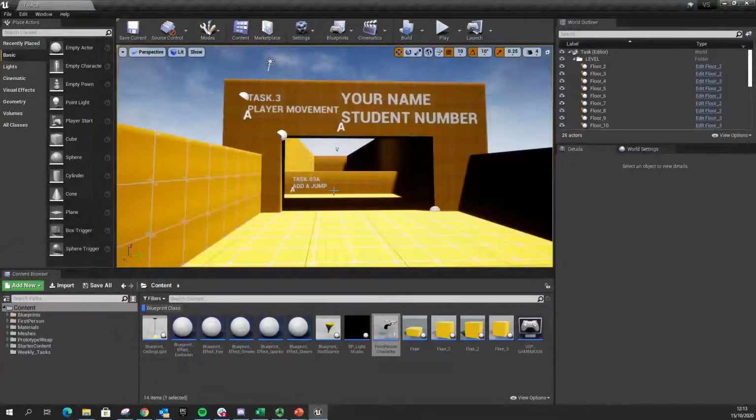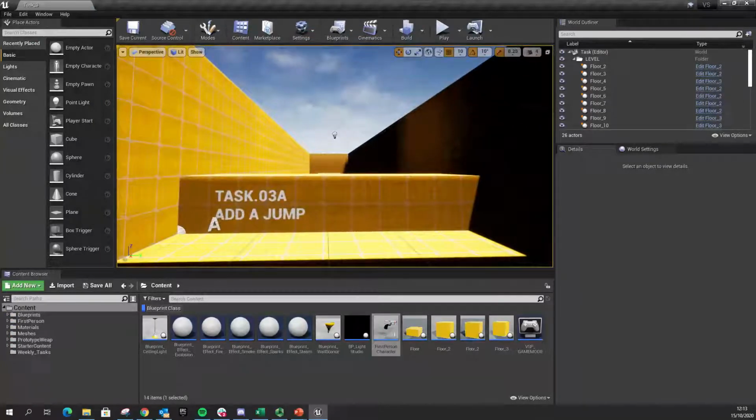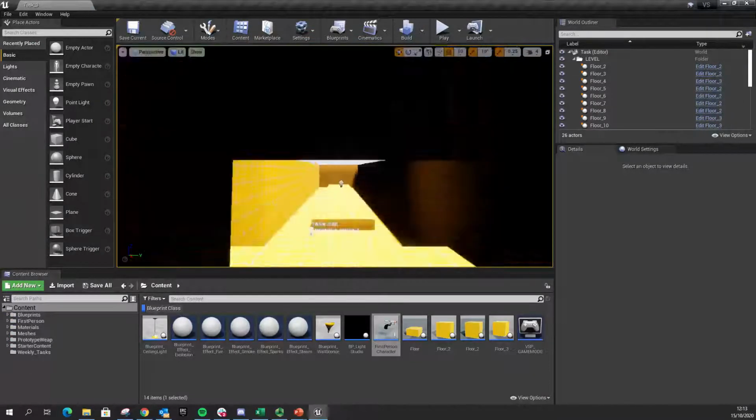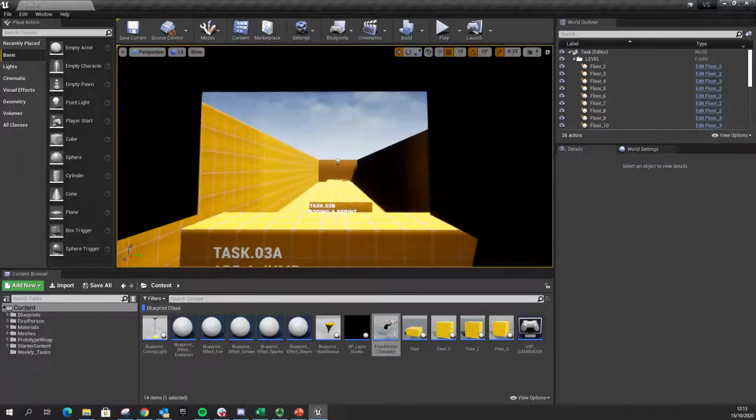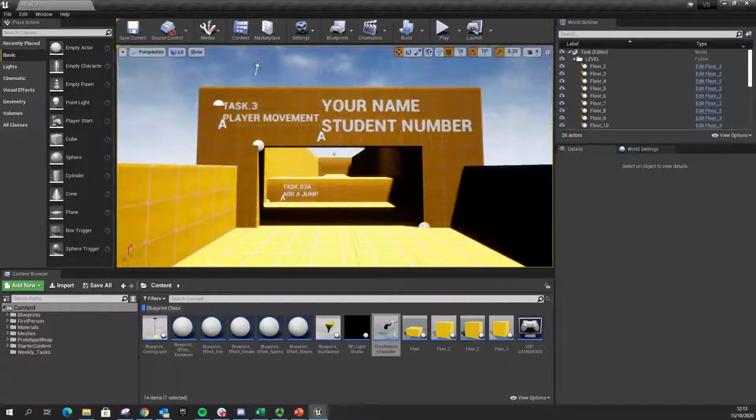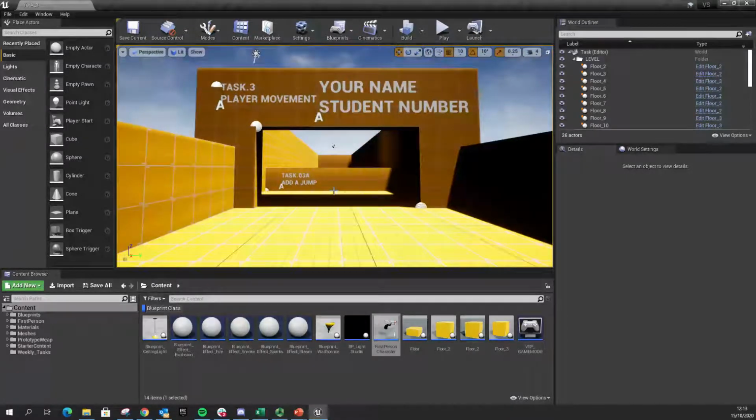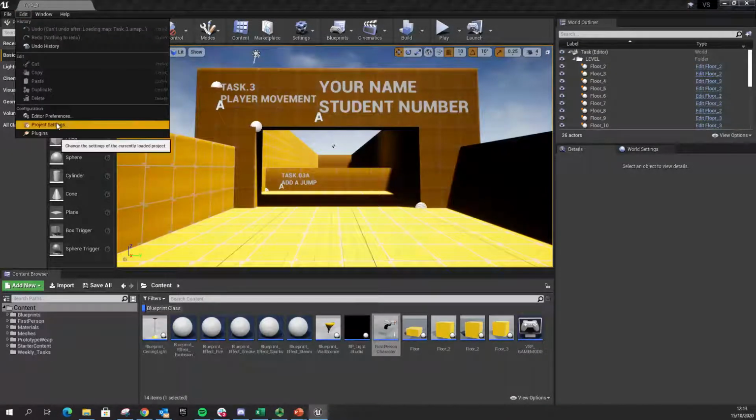So by default, if we fly through the map, the first thing is we want to add a jump function. And the next thing is we want to add a sprint function past that. Okay, so we're going to add in a couple of inputs, and we're going to do a real quick debug test in this video tutorial. So we go Edit, Project Settings,